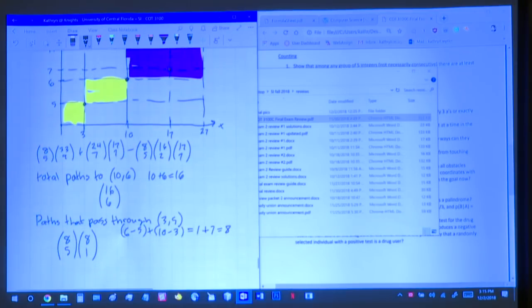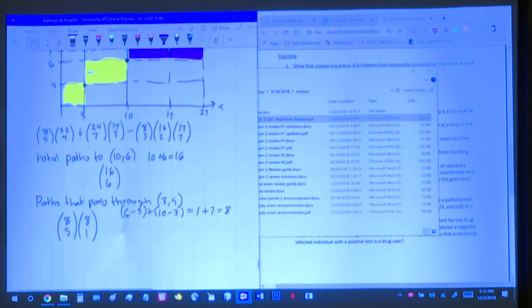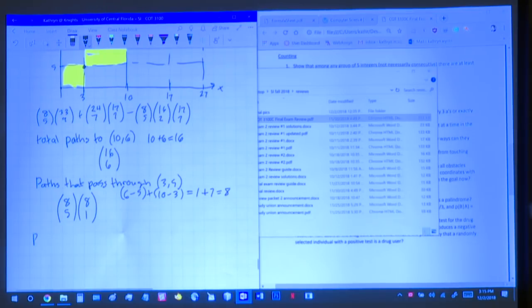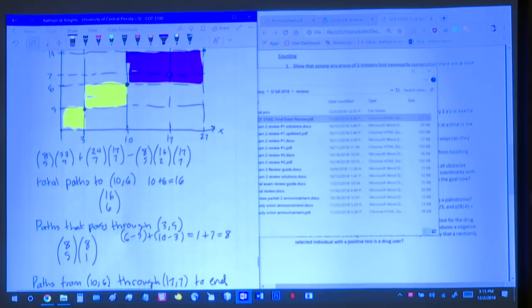And then after that we do the paths from 10,6 through 17,7 to the end. I'll just write end. And that would be